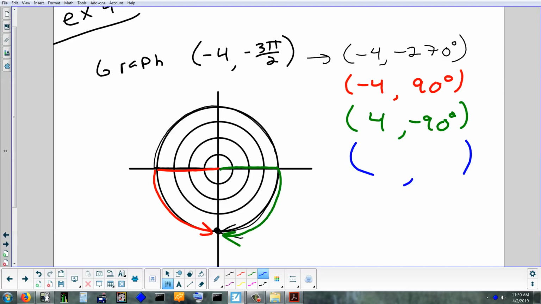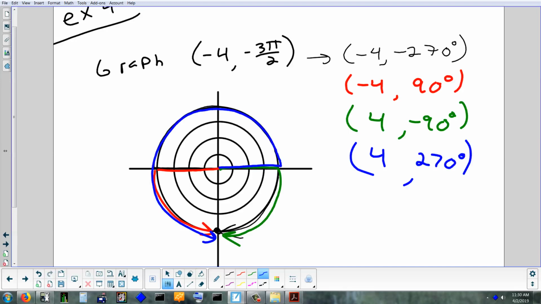And there's one more way. We've got a negative, negative. We've got a negative, positive. We've got a positive, negative. We're missing positive, positive. That would be the last way. Yep, 4, 270. So right 4, and then 270